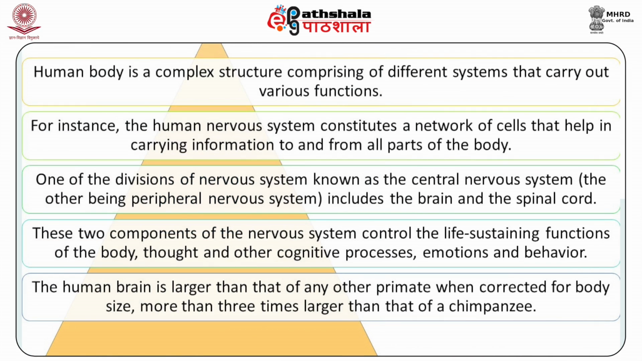The human body is a complex structure comprising different systems that carry out various functions. For instance, the human nervous system constitutes a network of cells that help in carrying information to and from all parts of the body. One division of the nervous system is known as the central nervous system, the other being the peripheral nervous system, and the central nervous system includes the brain and the spinal cord. These two components of the nervous system control the life-sustaining functions of the body, thought and other cognitive processes, emotions